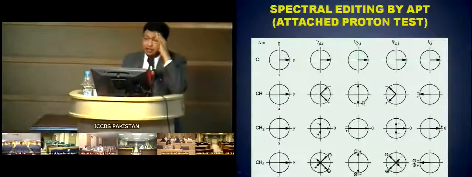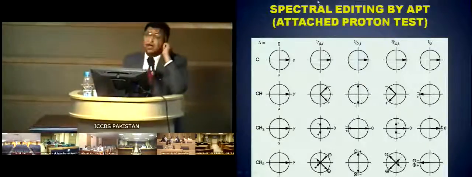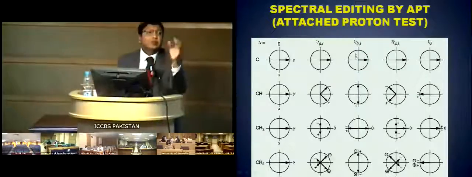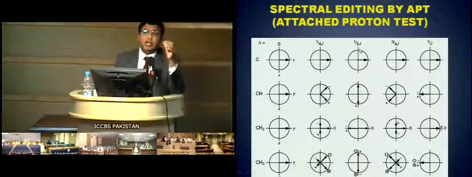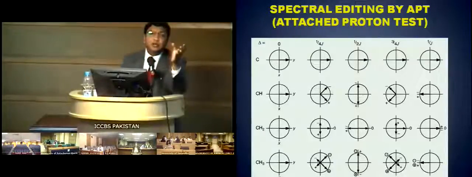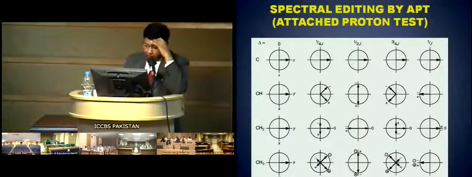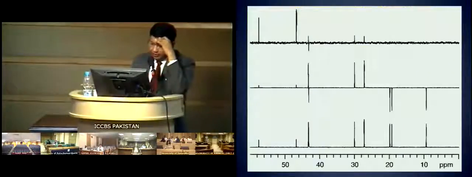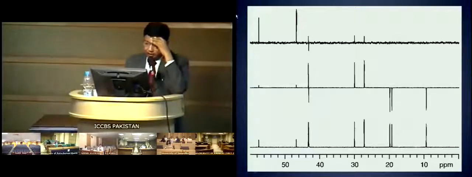The others are cancelling, and you see that these components are not visible because they are cancelling each other, right? So at a particular duration, you would be able to see only the quaternary carbon. The purpose of telling you is very simple, and that is that by using a modulation because of the coupling of proton, they move differently on the XY plane, and as a result you can see them in different phases. So forget this thing, and we move forward to a spectrum like this. And I told you that in a situation like this, you would have perhaps a fully decoupled spectrum. Then you would have a spectrum